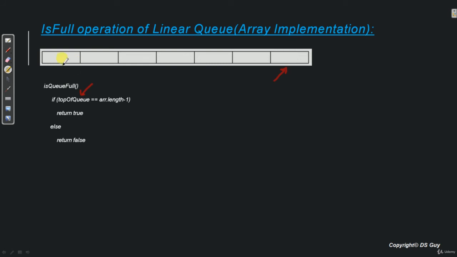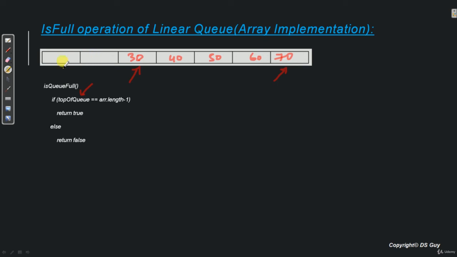So let's say if we have 10, 20 and 30 in this queue. So right now top of the queue or end of the queue will be pointing to this cell, so still it is not full. But in case if we insert few more numbers, then the top of queue will be pointing to the last element, and then we can say that the queue is full. Now let's say if we delete 10 from here and also 20 from here, so we have dequeued two elements. So in this case also the linear queue will tell us that the queue is full because it is pointing to the last cell, though we can see that two cells are empty.